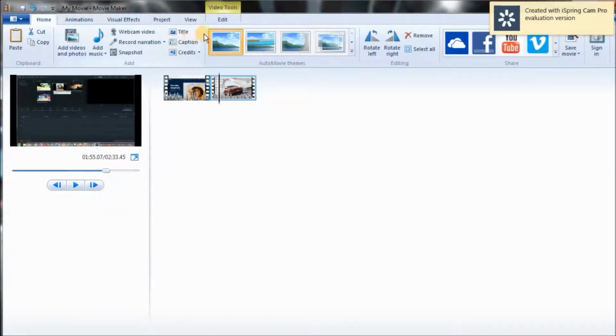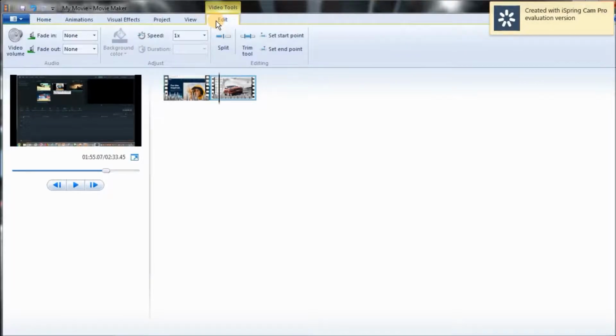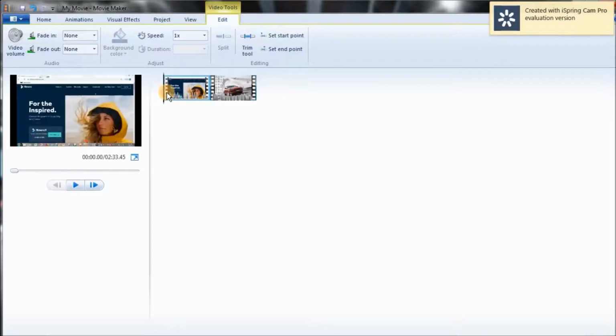So in the edit tab, you click edit. Then you see start point, time point. So when you play the video, maybe if you don't want the beginning, any place that you want the video to start, you set the start point.